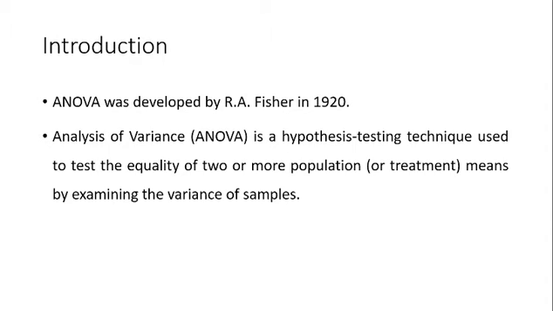Most of the time, ANOVA is used to compare the equality of three or more means. However, when the means from two samples are compared using ANOVA, it is equivalent to using a t-test to compare the means of the independent samples. So the concluding remark is that when we want to compare the means of two samples, we will use the t-test, and when we want to compare the means of more than two samples, we will use ANOVA.